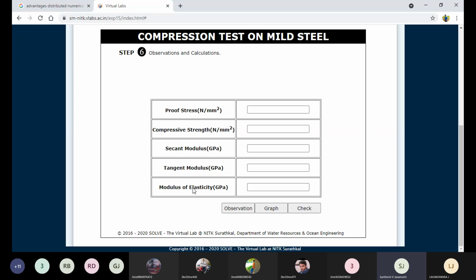Tangent modulus is also stress by strain. So Young's modulus: whenever the material directly gives a straight line, we can apply Young's modulus. Whenever the material does not give a straight line, we need to find the stiffness value. Keep it in mind, all these three are for finding the stiffness value of the given sample. Yesterday, in the last class, I told you that the stiffness value is very important for that particular engineering material. Thereafter the yield point is very important. Stiffness and yield points are very important for engineers.